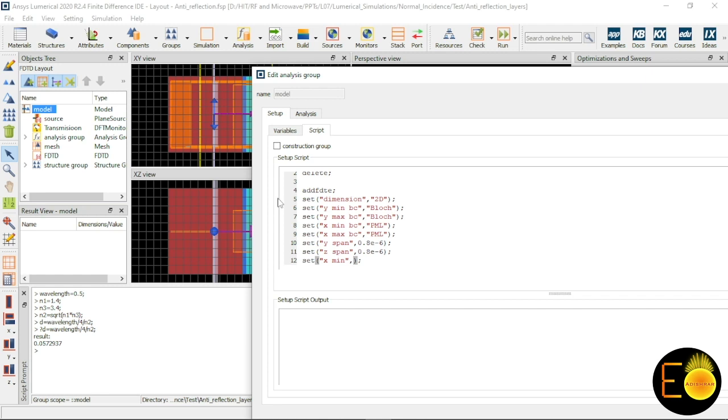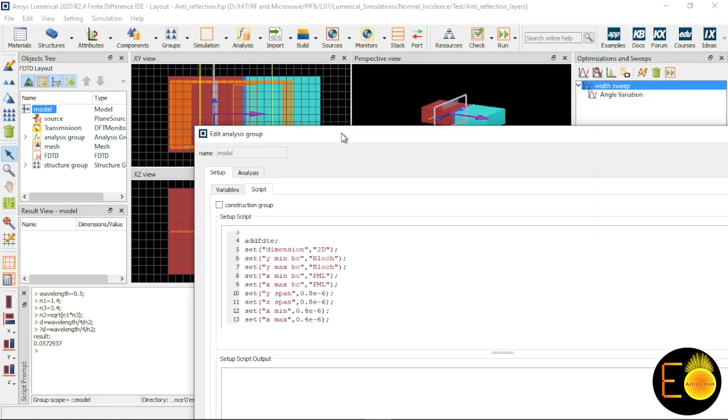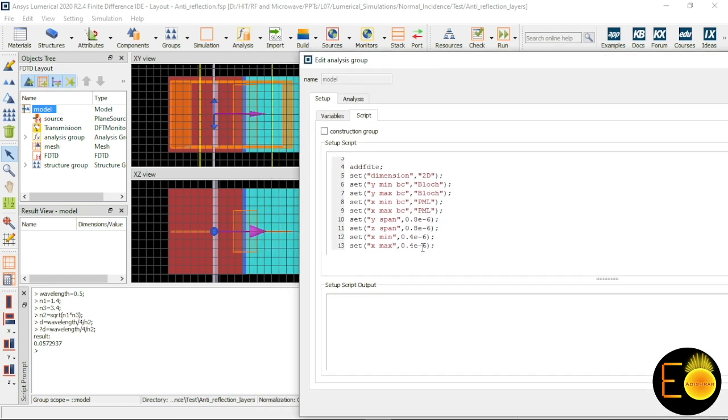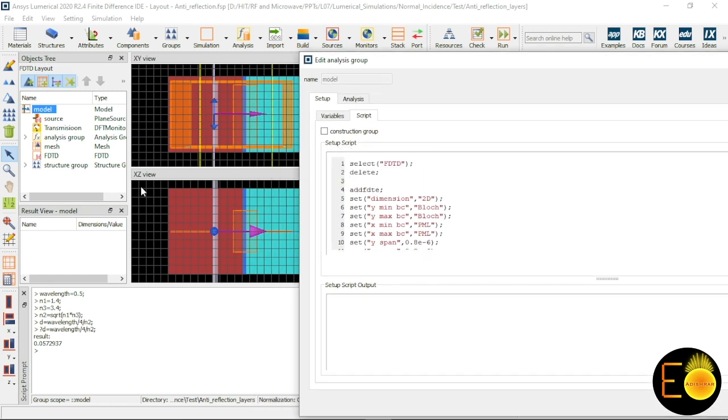So here I am putting 0.4 micrometer. The X max will be automatically adjusted as the width will be changed. So here I need to do a different thing. To do that, first of all I have to call the D variable that I set under the structure